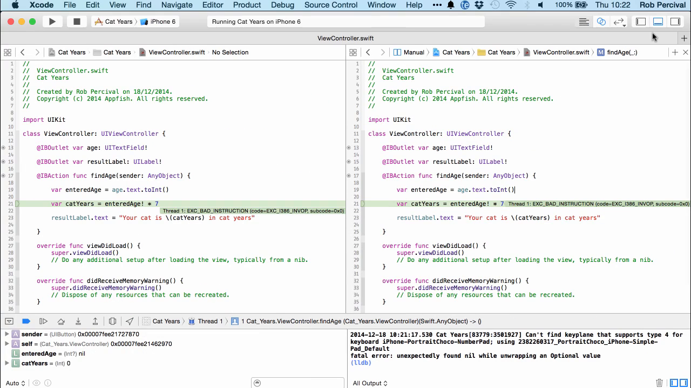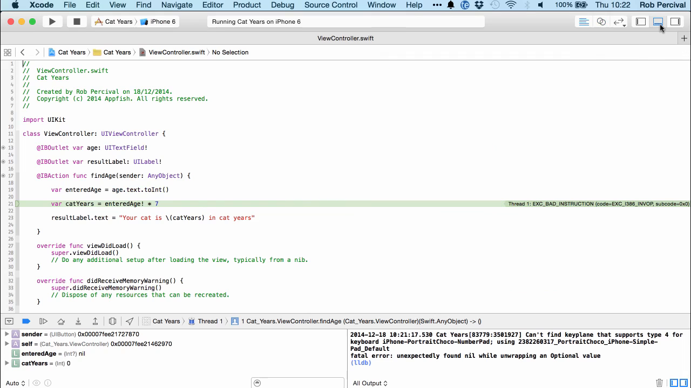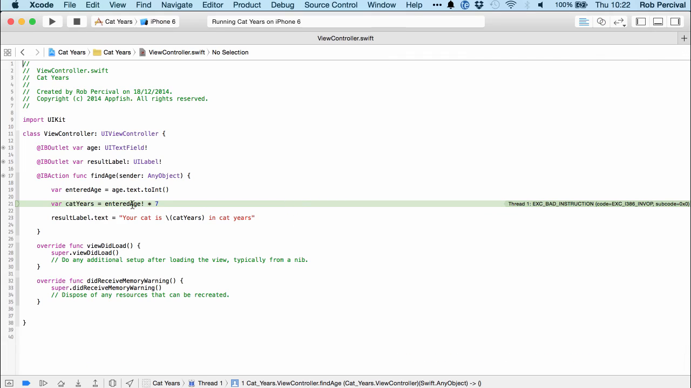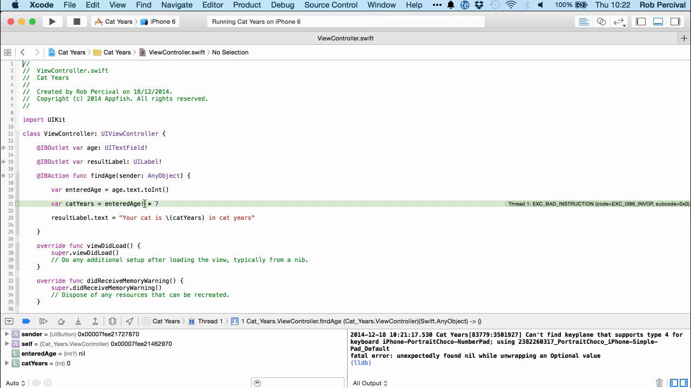Let's just make everything nice and big and manageable. So remember when we put this exclamation mark after the entered age variable, that was our way of saying to Xcode, don't worry, we'd be absolutely sure that this has a value. Well, we're not absolutely sure is the short answer, because the user may well have entered nothing into the box, or the letter T, as I mentioned, or something that isn't convertible to a number. So how do we get around that? Well,